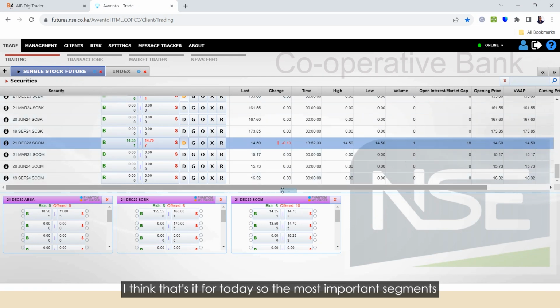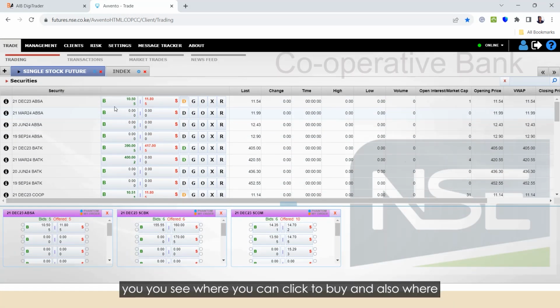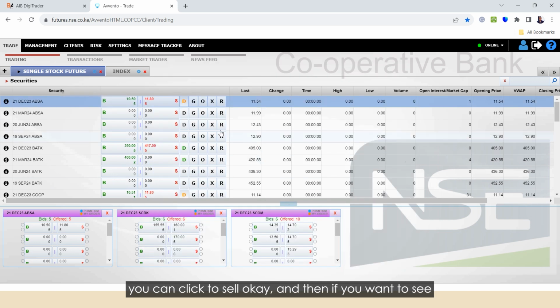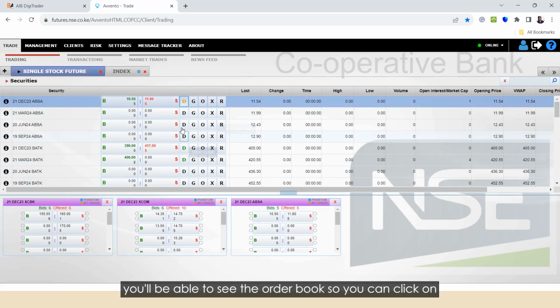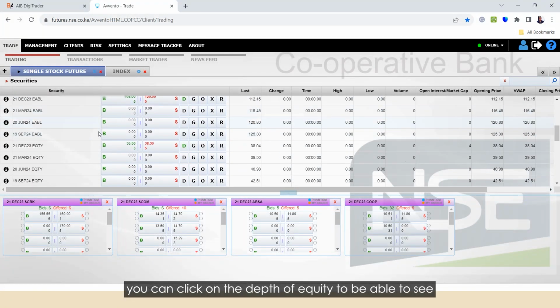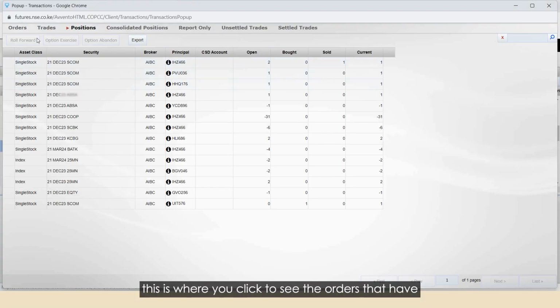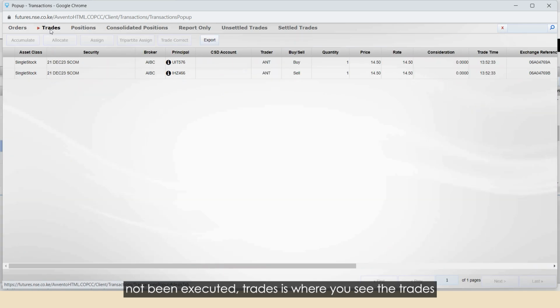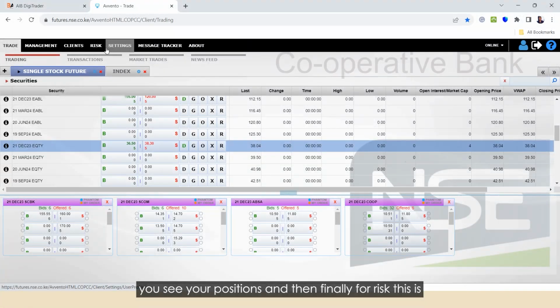The most important segments would be the trading segment, where you see the contracts, where you can click to buy, and also where you can click to sell. If you want to see the available contracts, just click on depth, and you'll be able to see the order book. You can click on the depth of corp or the depth of equity to see the order book. For the transactions, this is where you click to see the orders that have not been executed. Trades is where you see the trades that have been executed, and positions is where you see your positions. And finally for risk, this is where you see